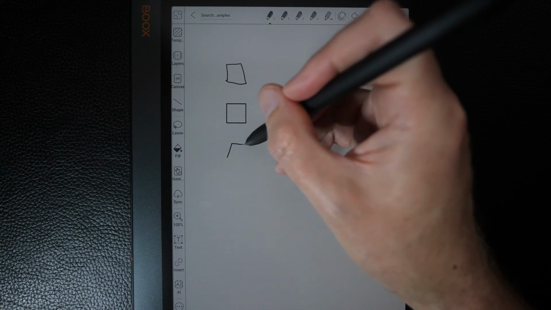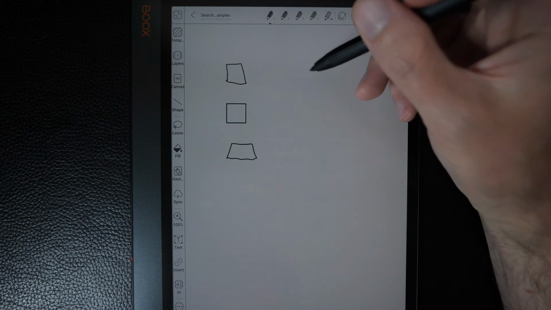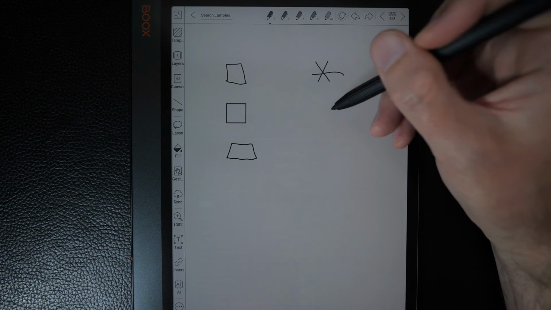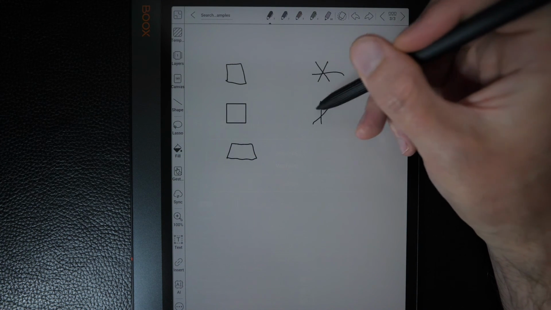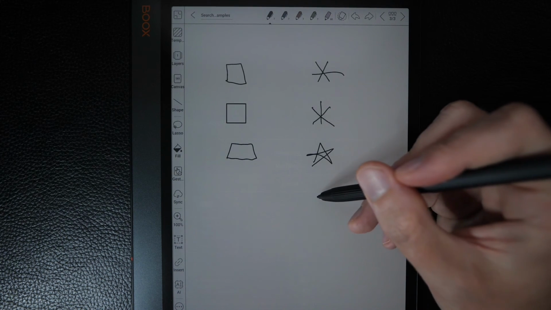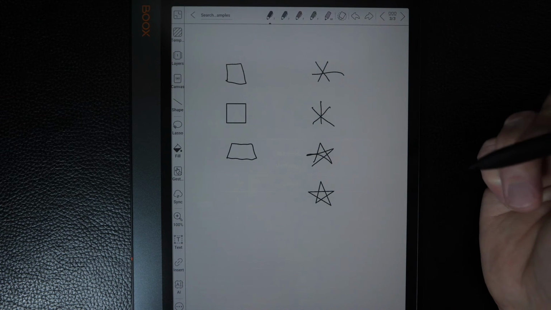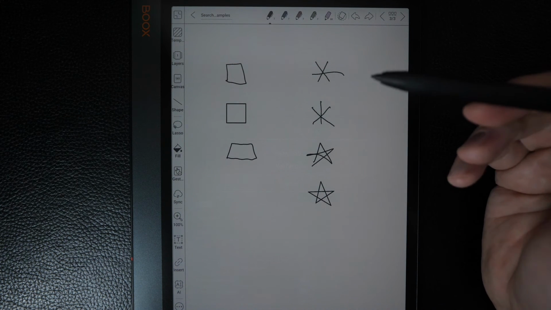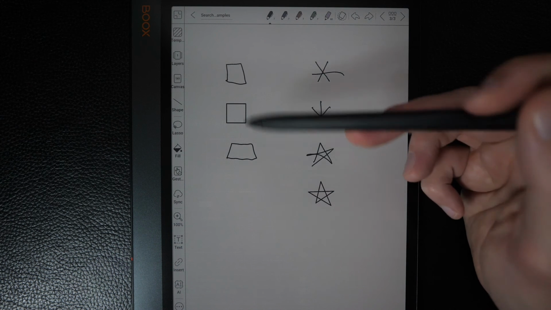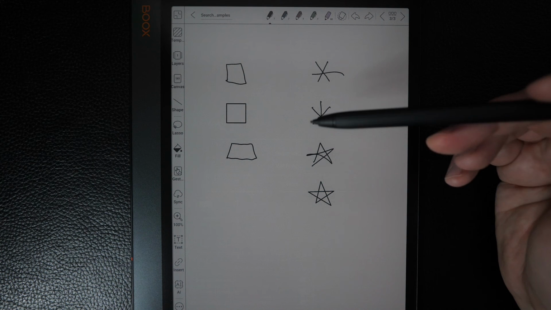And then let me just draw kind of like a little parallel, whatever that is. And then we'll do the same thing then. We'll do an asterisk here. And actually I think their asterisk was more like that. And then we'll do a star, and then we'll do a star with shape perfection. Okay. Now, unlike the Supernote system, there's nothing that's visually telling me that the Boox device has captured